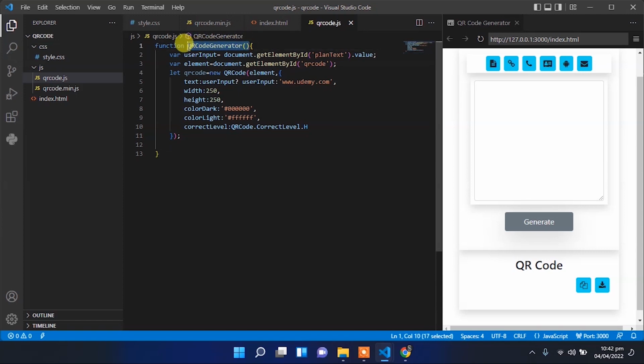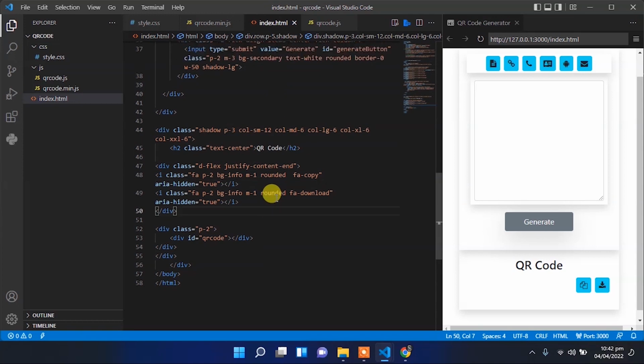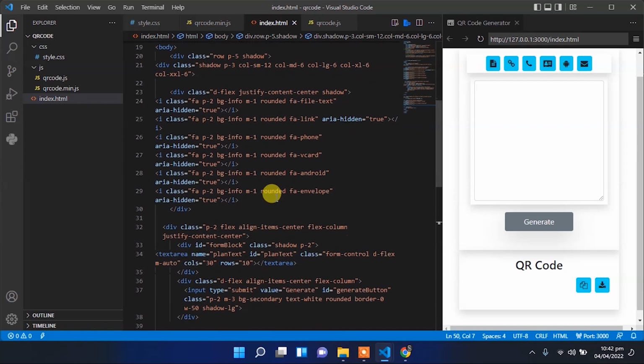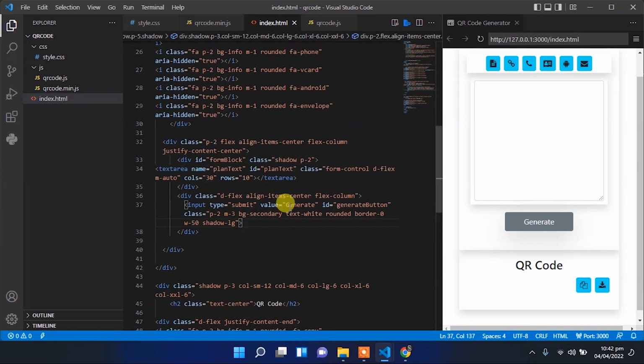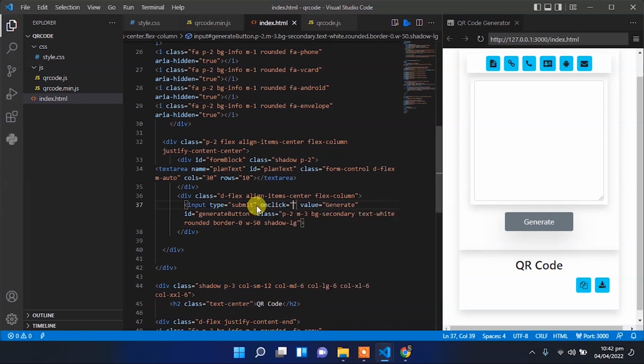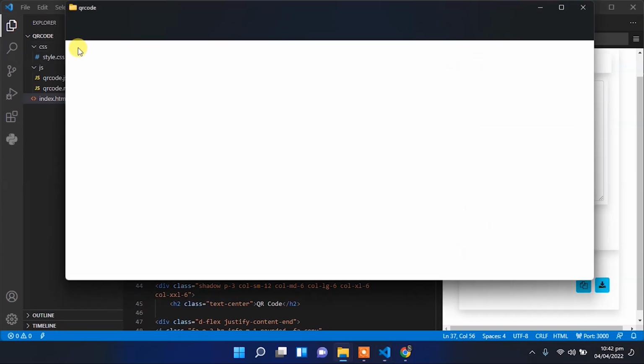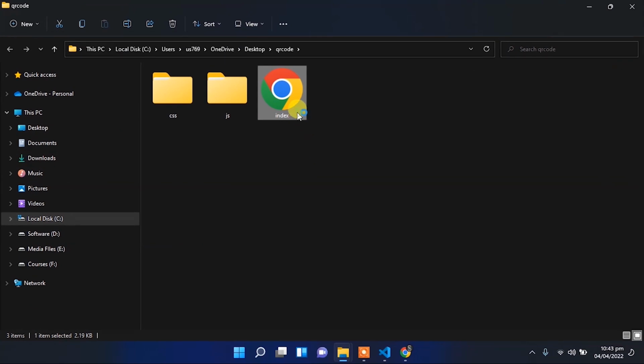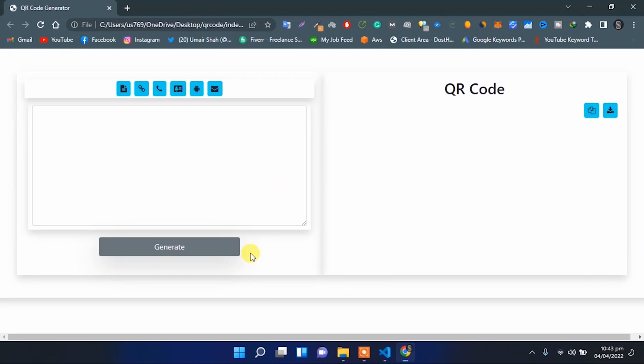Now copy that function and set onclick to call that function on the generate button. So let's check whether it's working or not. Open that index.html file, enter some text here, click on that generate button,